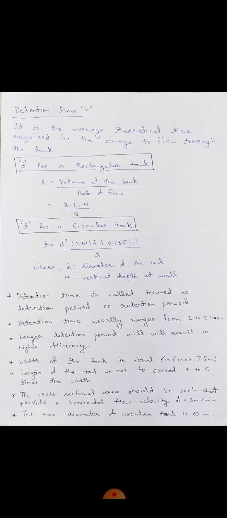Okay. So for any tank in which you have to set the detention time, you have to set the time for which water will stay in the tank. It should be between 1 to 2 hours. Okay. And in some cases it can also exceed to 2.5 hours, 3 hours, in which trickling filters are provided, or the biological units are not provided, in which you don't have to put the secondary sedimentation tank. So you can increase the detention time in the primary sedimentation tank only.